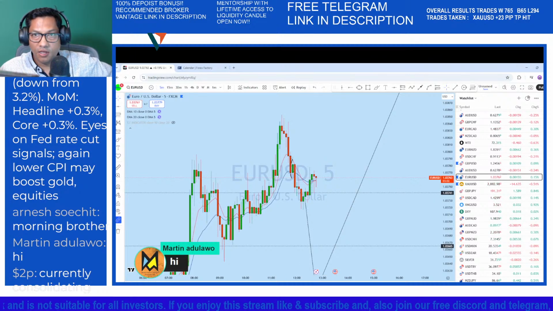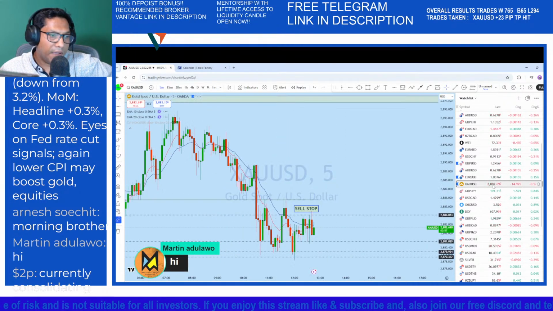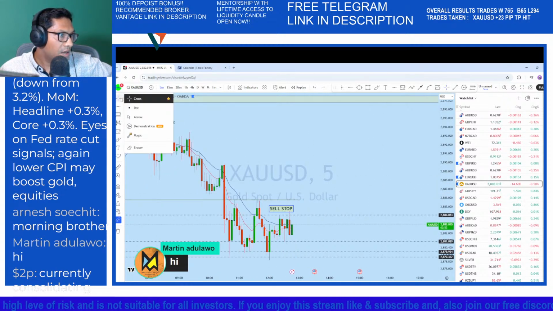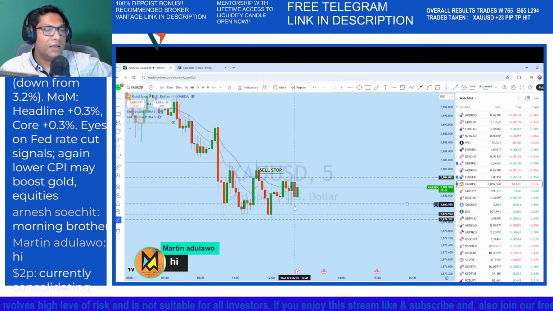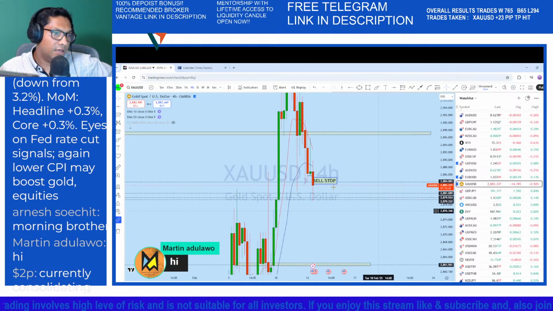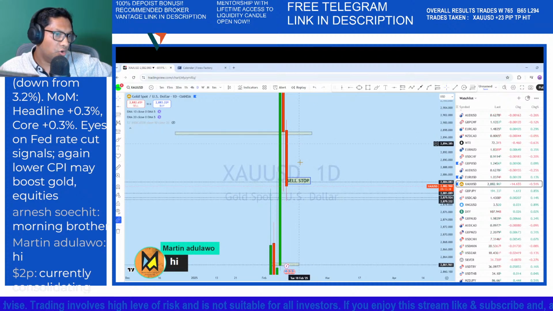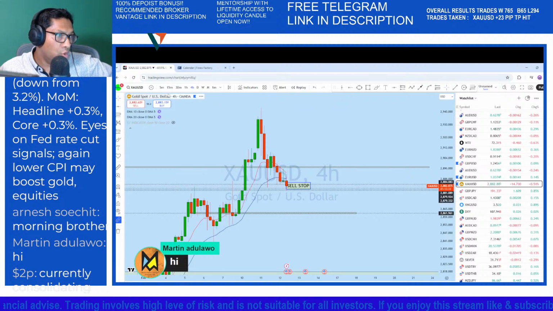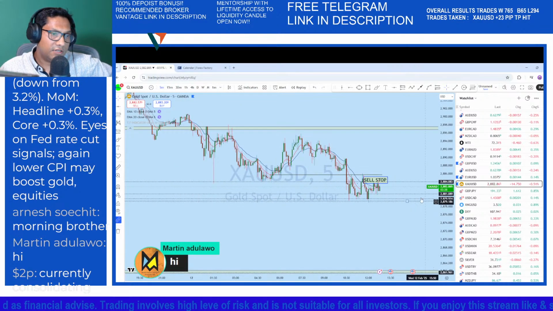EURUSD is currently in a sideways movement in that area. Looking back on XAUUSD, we can see there is a, again this one also sideways at the moment, but the way the market structure is forming, we might see that. Let's look at the daily chart again. Daily chart is so far bearish. So after a pullback, again looking at the lower time frame,